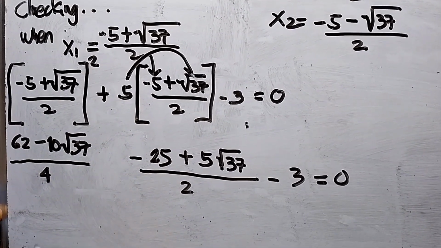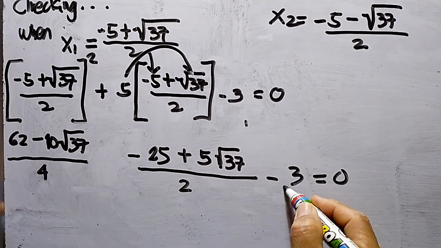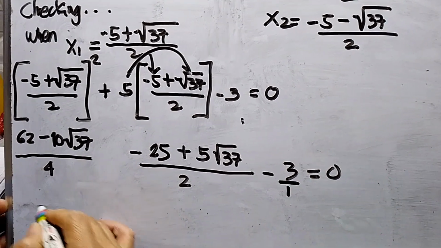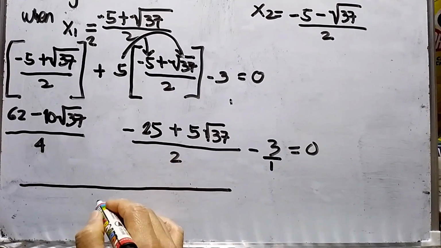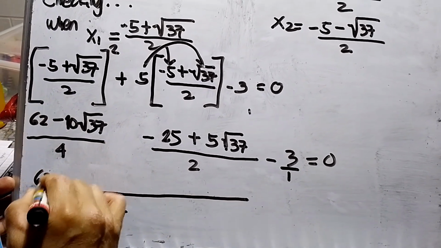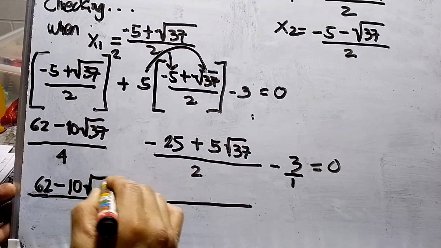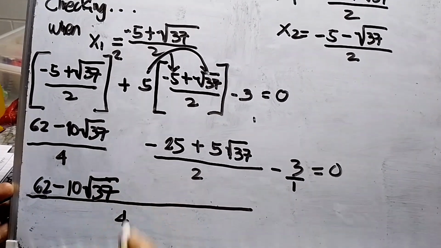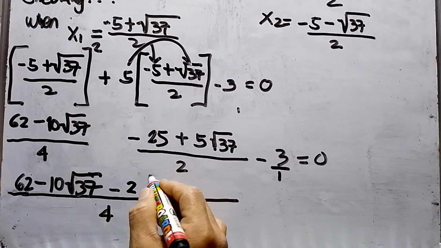So I need to find the LCD between 4 and 2, and since there is no denominator, I will put 1. So the LCD between 4, 2, and 1 is 4. Then 4 divided by 4, that will be the numerator, which is 62 minus 10 square root of 37. Then this one will be minus 2 times this one,